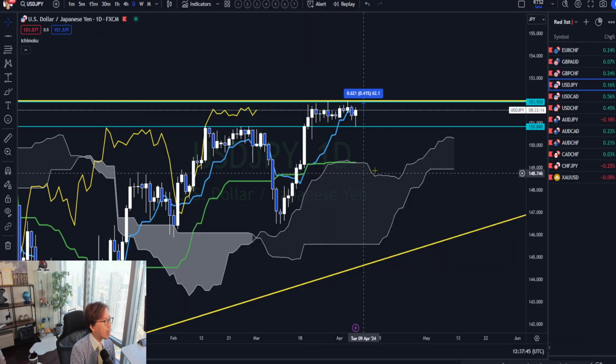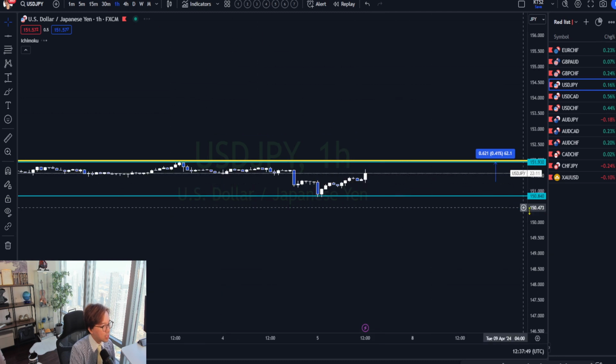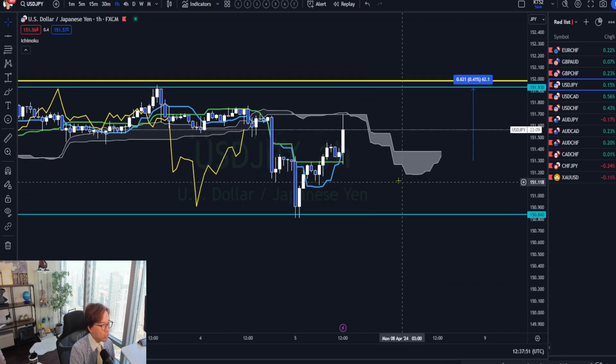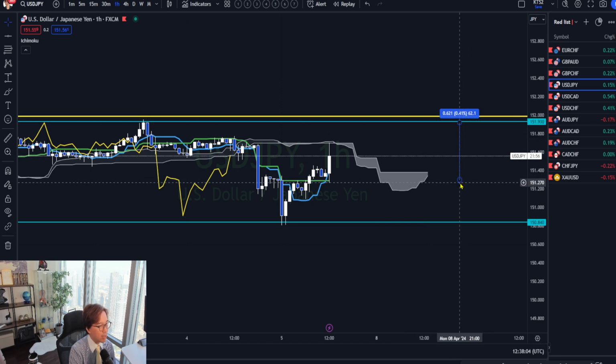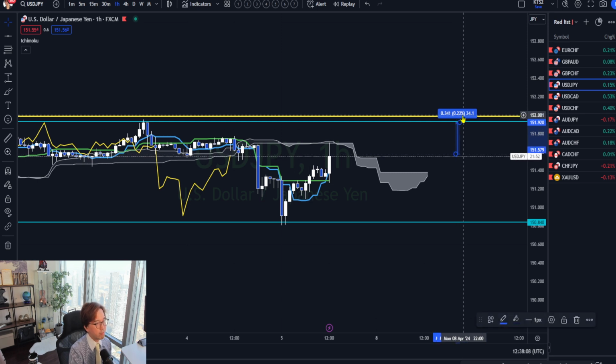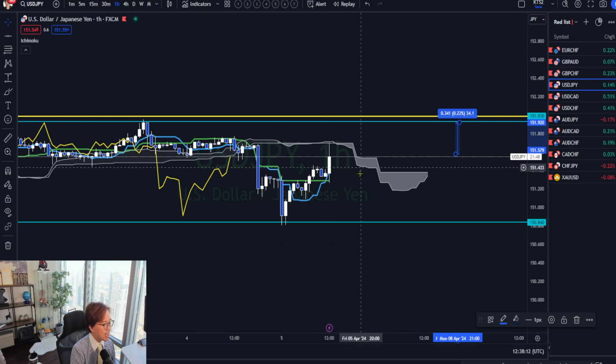So in fact, now it's a bullish bar, and if I check the 1 hour time frame, it's also a bullish bar. So USD/JPY may break the resistance within today or next week. It was 62 pips to the resistance before, but now it's only 34 pips to the resistance. So yeah, it can break the resistance anytime.